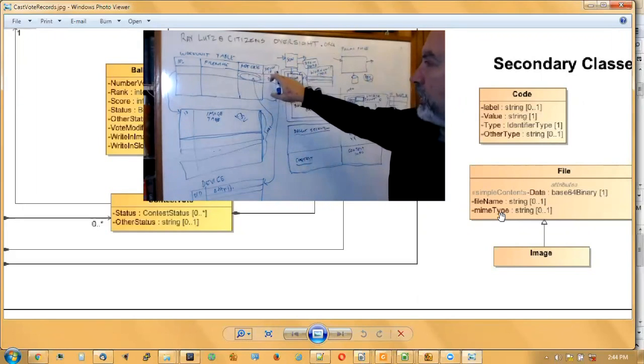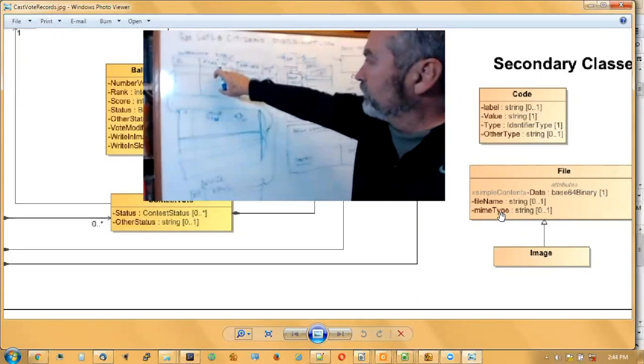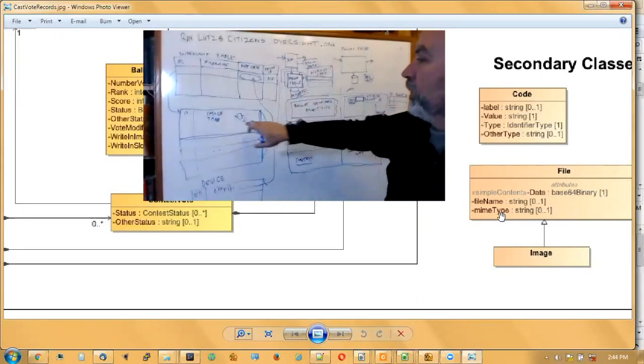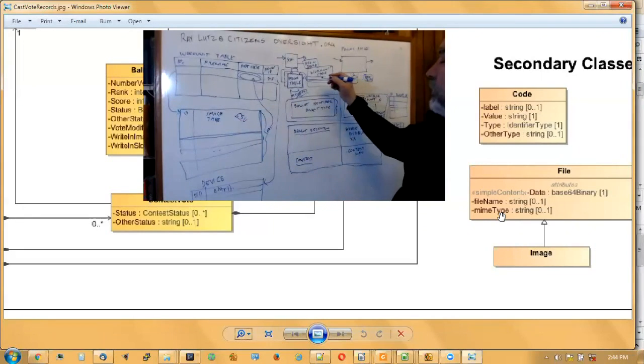So this same thing here would be the ID of the device, the file name, the code, and so forth, the image table. This part of it here would be frozen